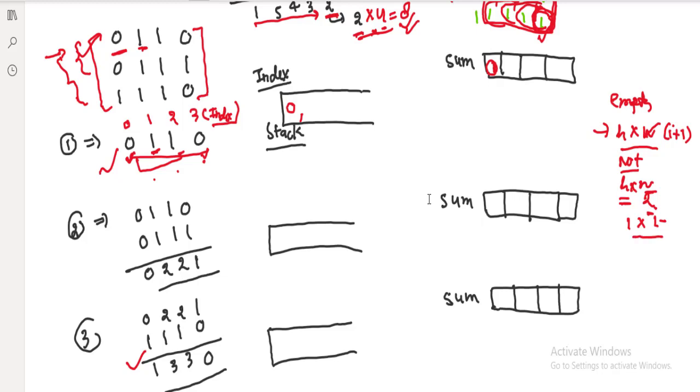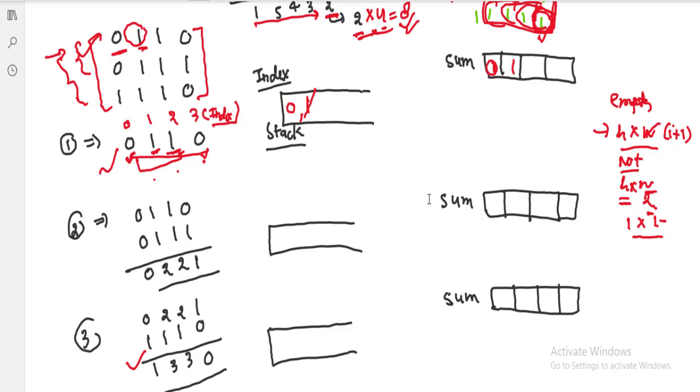So for this particular value, total sum will be 1. As we can see here, for this matrix there is only one submatrix which contains 1. Okay, and now finally we have to add it into the index. Now come to here at index 2. What is the value? 1. Now see if there is any element which is larger than or equal to this. Yes, we have to remove it.